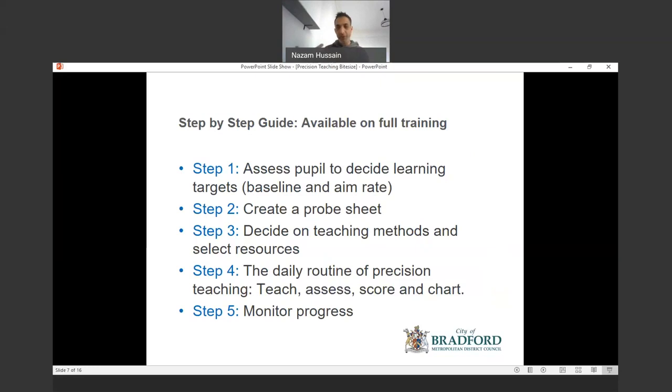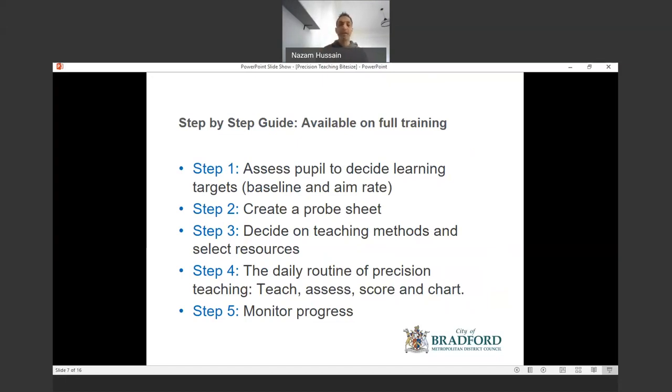Again, in the full training, we'll talk a lot about what is an appropriate aim rate depending on what skill you're developing, whether it's handwriting or spellings or reading or labeling. Then you create something called a probe sheet. Essentially, a probe sheet is the actual sheet that you use for the testing phase. So if you are tackling high frequency words, you might create a probe sheet where you test those particular identified high